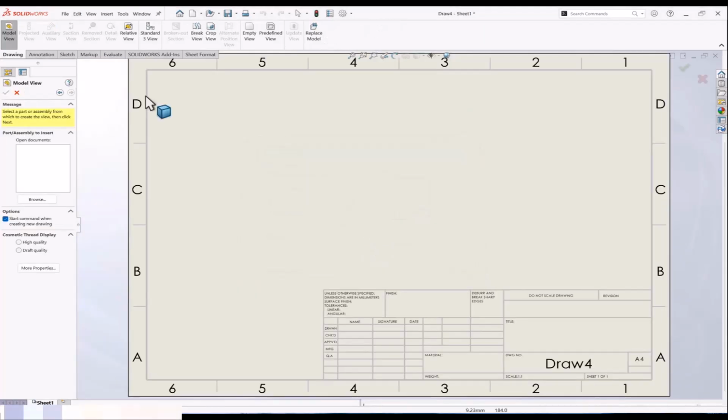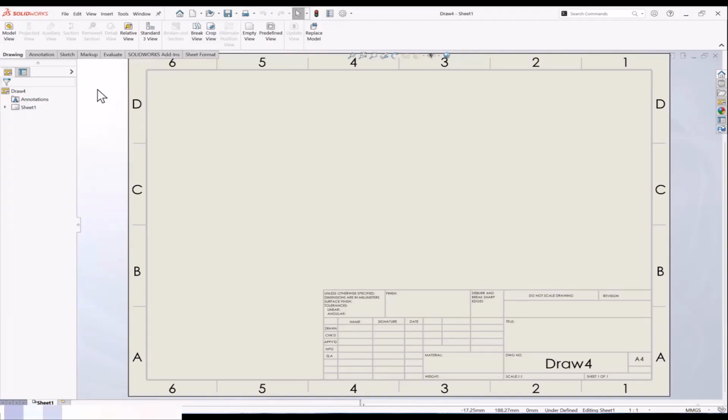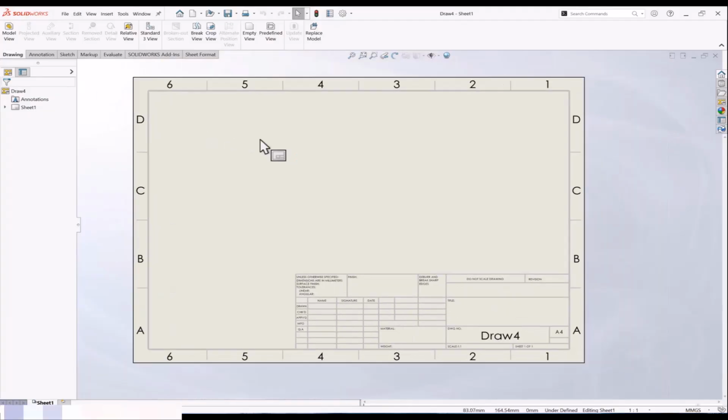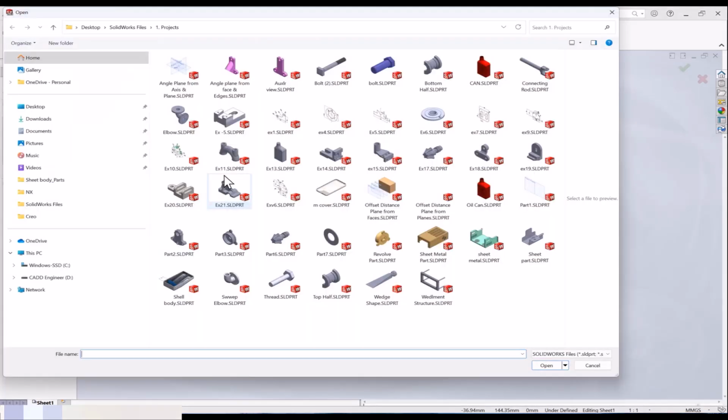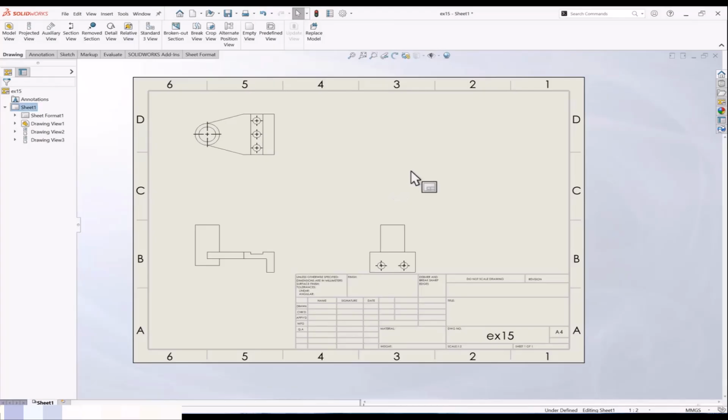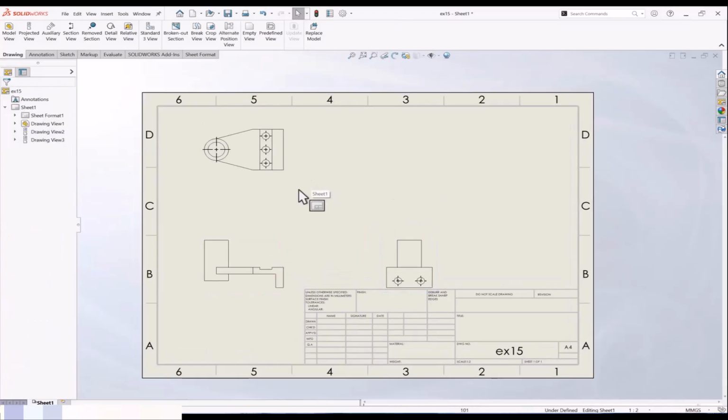Next is about how you want to make a standard 3 view. Standard 3 view means which is possible according to the type of projection. You can take the standard 3 view command option directly and browse a file. For that, you want to produce 3 views. Select a model and click, and you see automatically the software will create the 3 views for that particular drawing according to the angle of projection. Next,